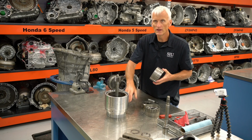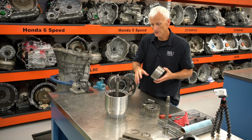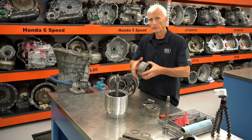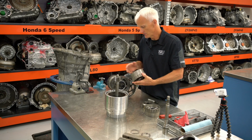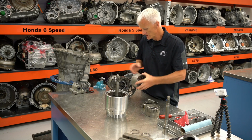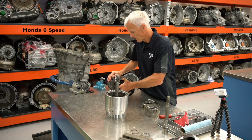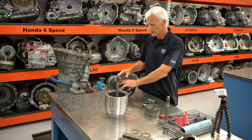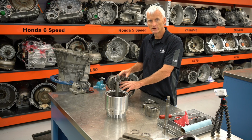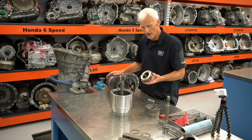Or if the 1, 3, 5, 6, 7 clutch is applied, the C3 clutch, it will allow input shaft rotation to be driving this component right here. So that's where the transmission gets a little high tech. They only have 5 clutches in this unit, but these 2 clutches up front, these 2 driving clutches, they're there to basically interconnect each other potentially to this drum. Continuing on, we've got our